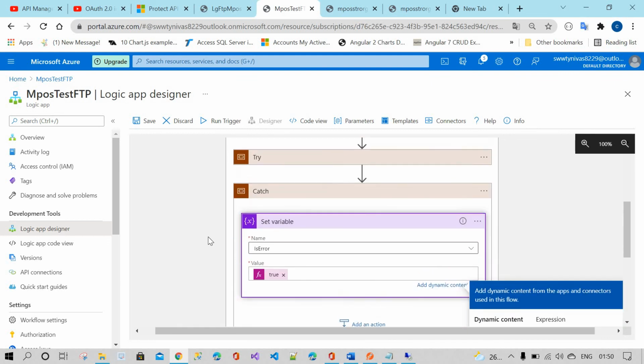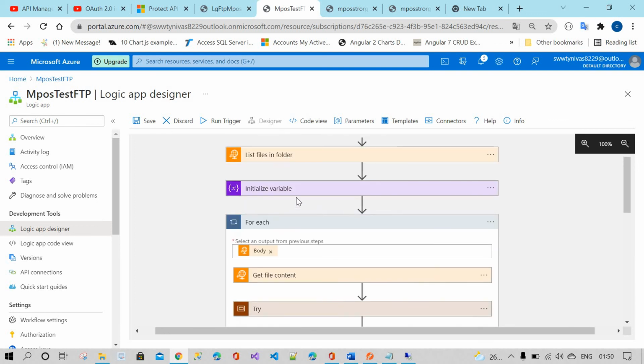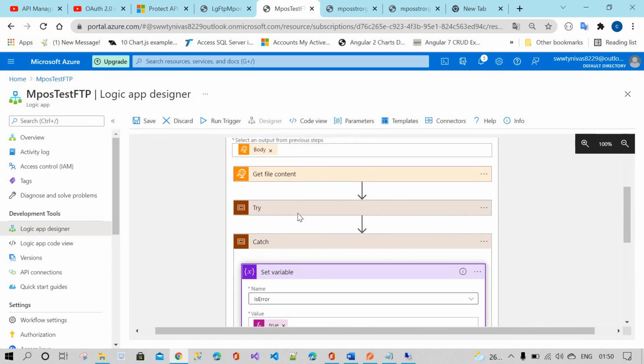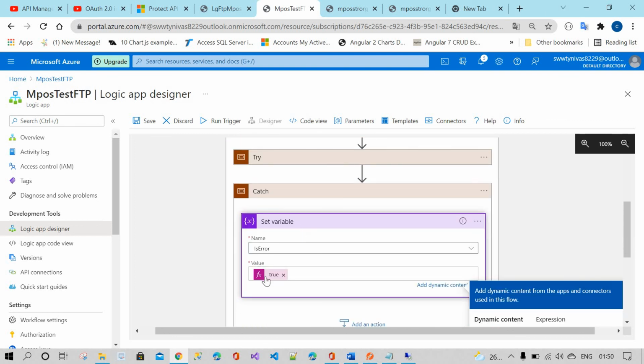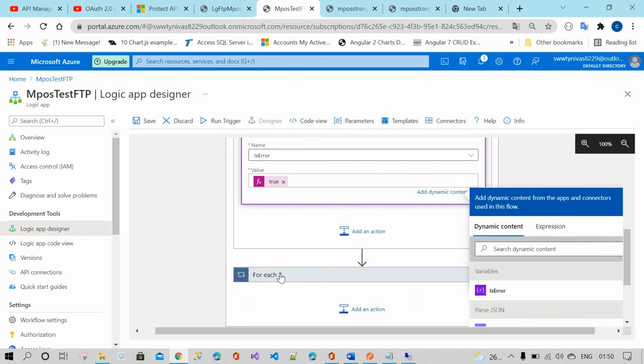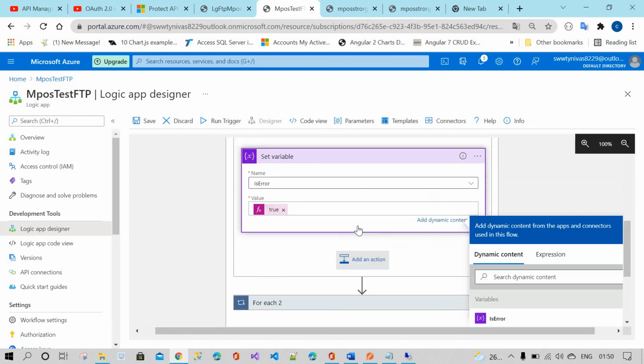If any error is raised or thrown in the catch block, it will indicate there is an error, which means true. By default I set the variable as false. If there is an error, the condition is set to true. Now again I will add the